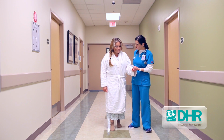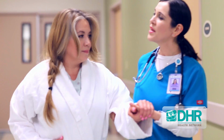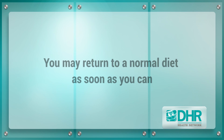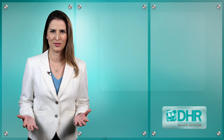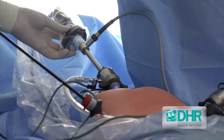You will be asked to get up and move around as soon as possible after surgery. This helps prevent blood clots from forming in your legs and speeds recovery. You will be asked to get up to use the bathroom as soon as you are able. You may return to a normal diet as soon as you can. How long you stay in the hospital depends on the type of hysterectomy. You can likely go home after 1 to 2 days when surgery is done through the vagina using a laparoscope